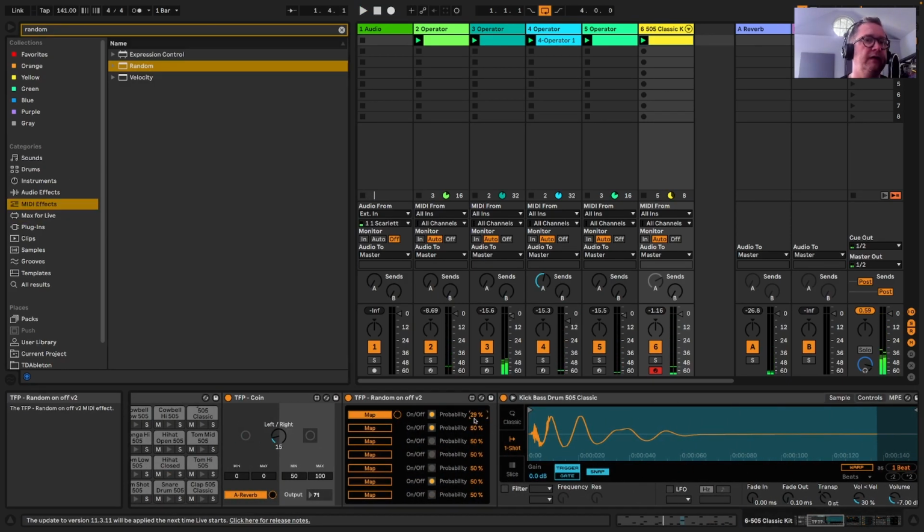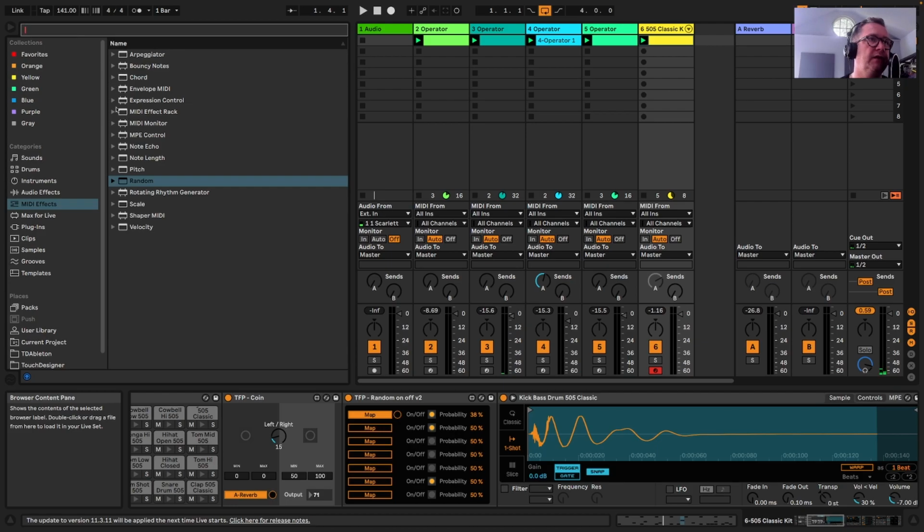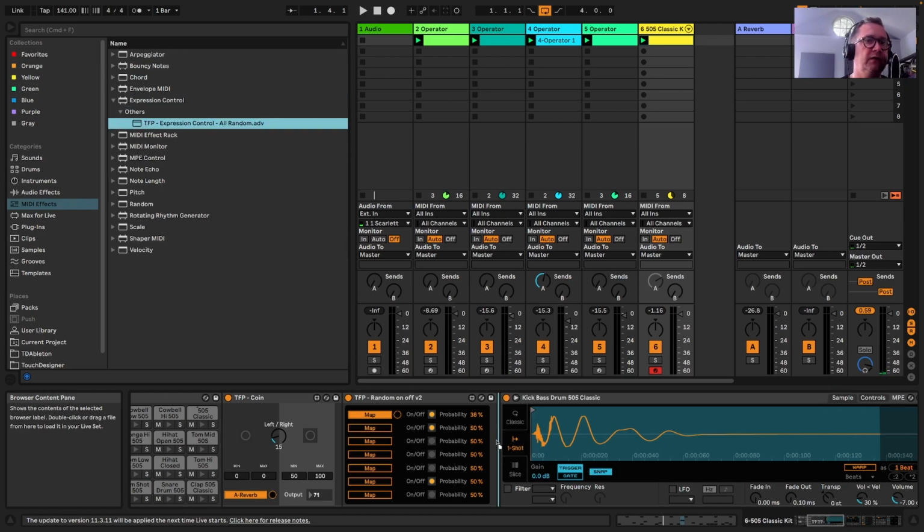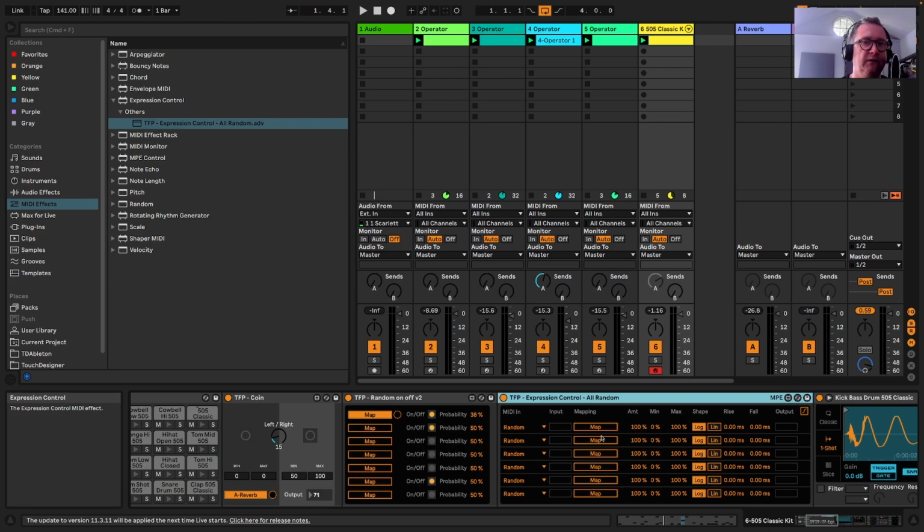So now it's less likely to be on, but it is sometimes going to add that delay in, and we're going to add an expression control as well